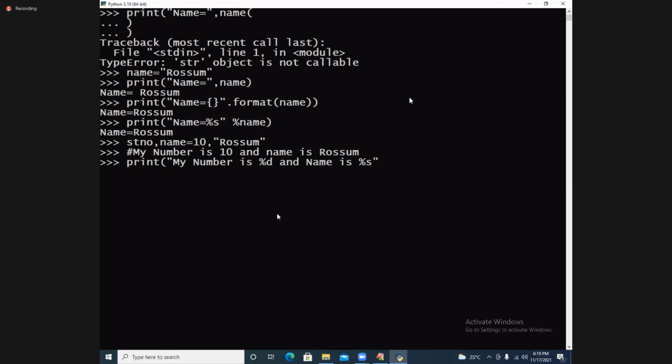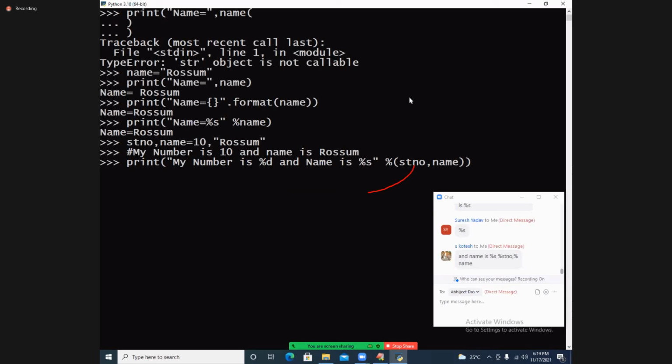Two percentages are there, so the number and the name: STNO comma name. The first value is transferred to percentage d, and the second, name, is transferred to percentage s. Okay.